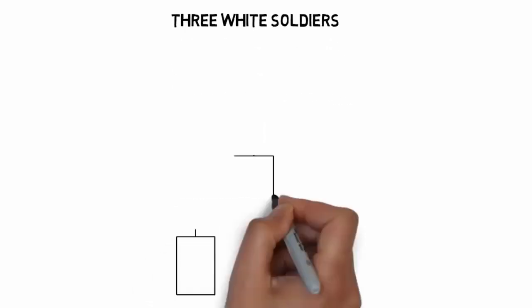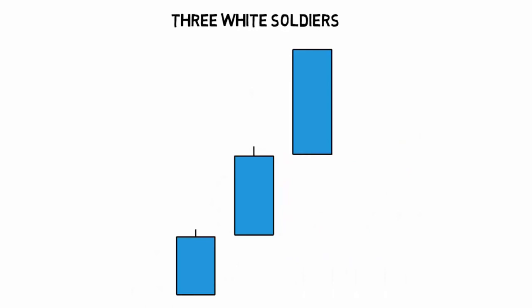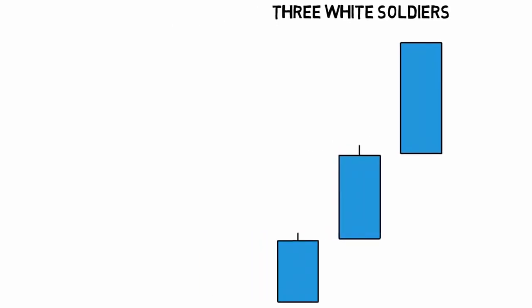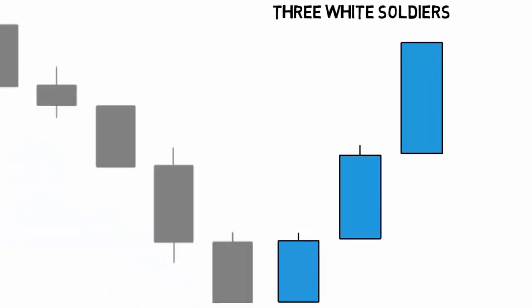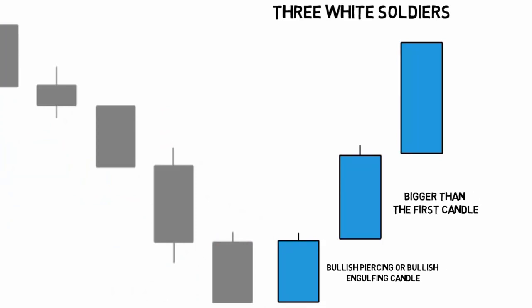3 white soldiers is a 3 candlestick bullish reversal signal. All 3 candlesticks have large real bodies and have very small or non-existent shadows. The first candlestick is usually a bullish piercing or bullish engulfing candle. The second candle should be bigger than the first, and the third candle should be at least the same size